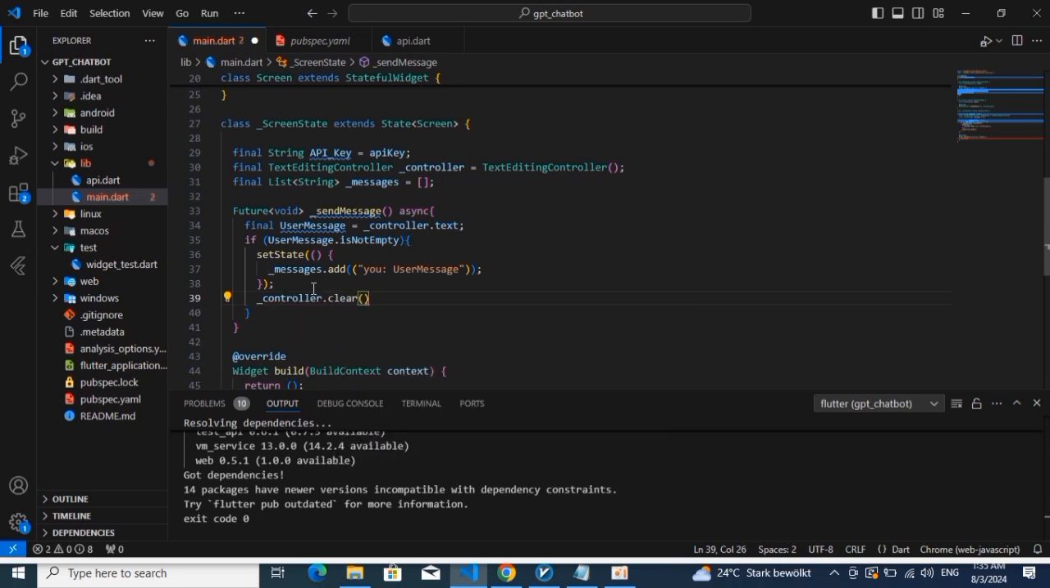After taking the user message and putting it in our list, we have to clear the screen or clear the controller in order to have space to add another message. So we use controller.clear. As I said before, we will define the controller and describe later where it is. And finally we have to call a request to